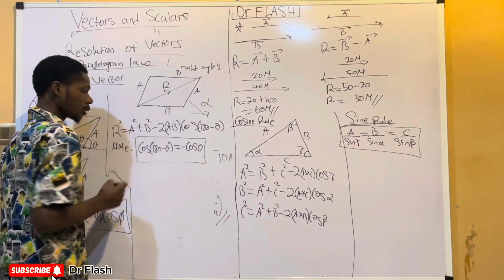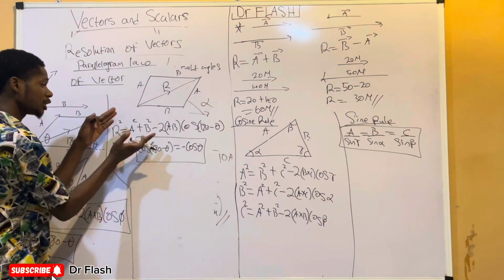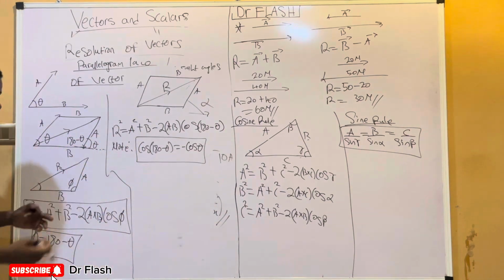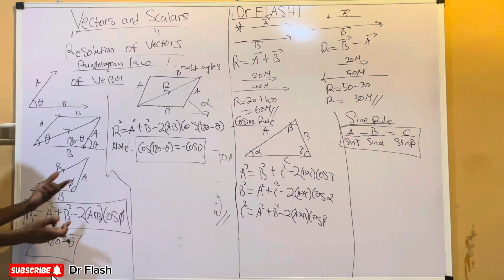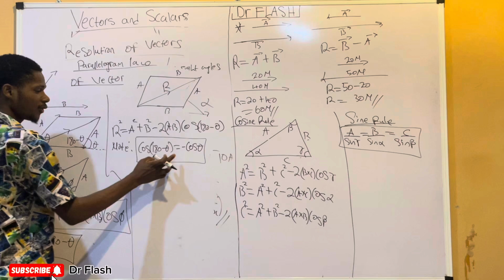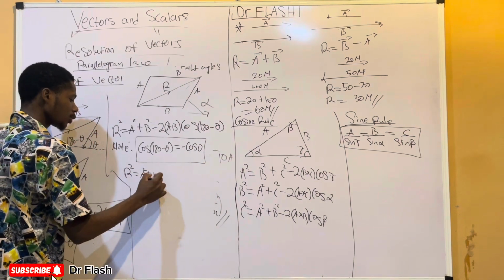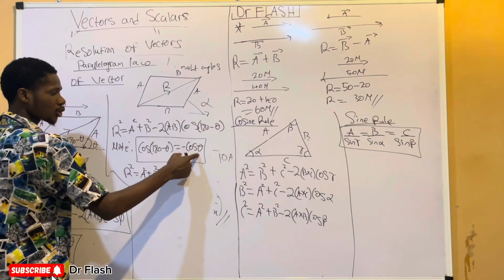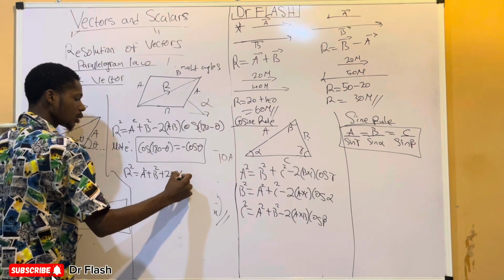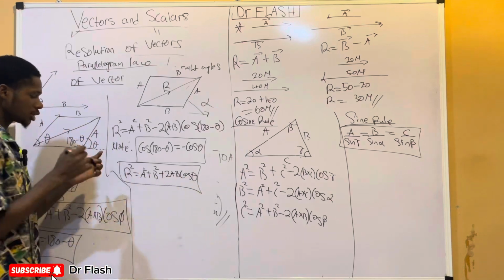Take notes. Like I said, all these are done in trigonometry, it's maths. So if you get confused in this place, you might just want to move the video forward a little bit to the next part, rather than just confusing yourself with all this. You can just stop here. These two formulas are okay for you. So if I put this in here, I'm going to get R squared equals a squared plus b squared minus cos theta. If I put it here, the minus can multiply on to give you plus 2ab cosine of theta. So notice the difference, that when I use theta, which is the angle given in the question,